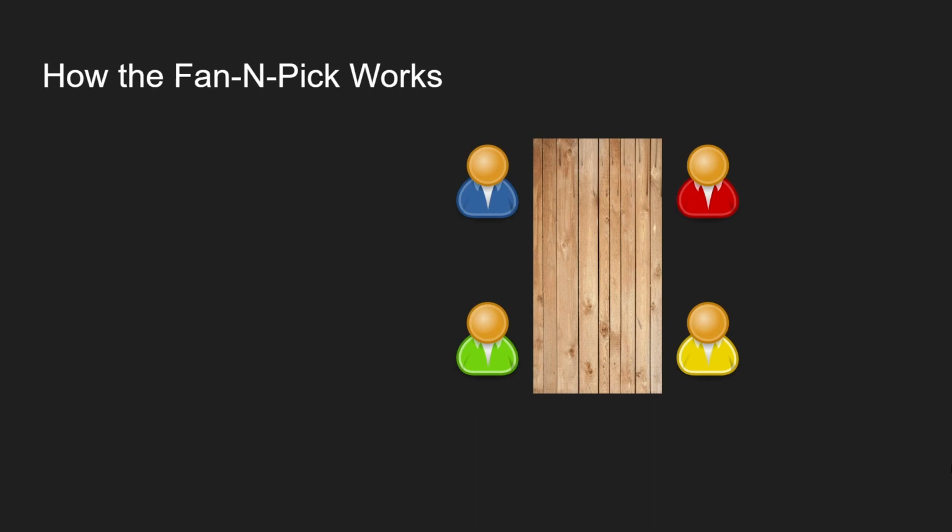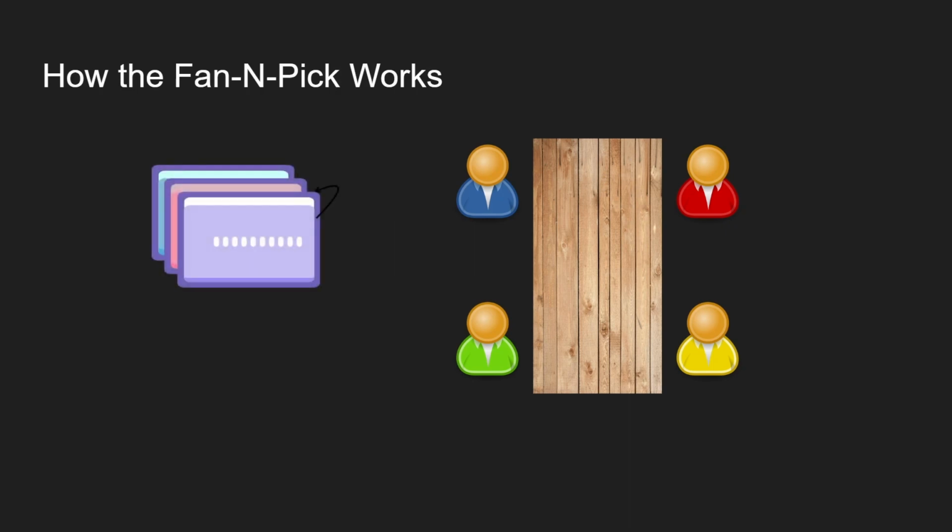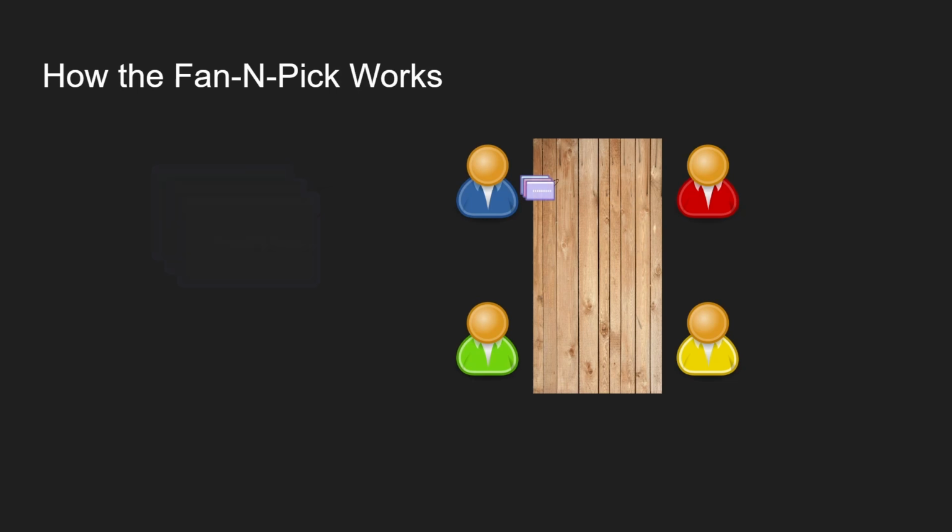This Kagan structure activity is called a fan and pick, and it's very simple to get started. The first thing the students will need is a set of flashcards containing questions that relate to the lecture the students have just heard. One student will receive all of the flashcards and look to the person on their right. This student will fan out all of the cards for the second student so they can pick one of them